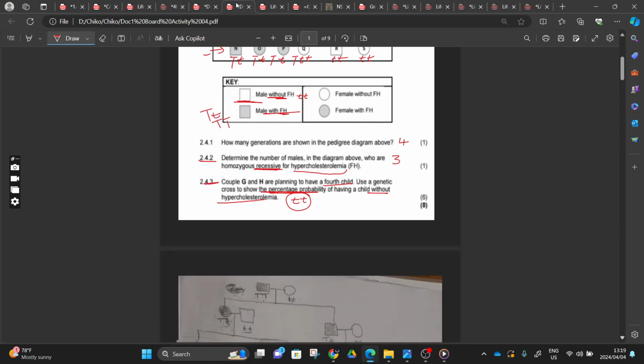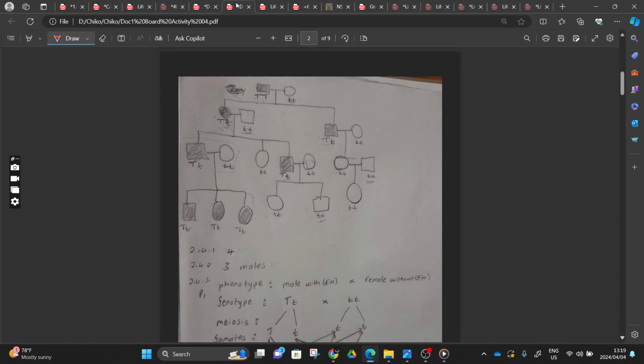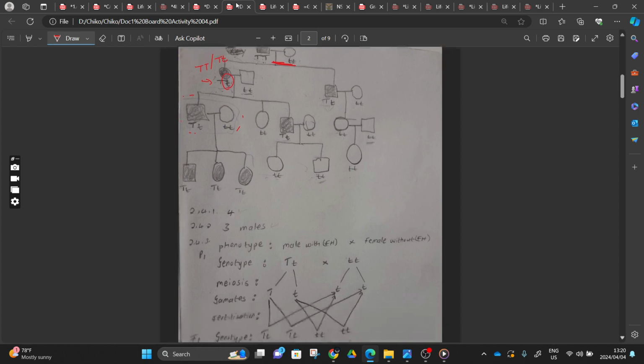So the guy went and sent me his worksheet, and as you can see from the worksheet, everything was so perfect and well executed. As you can see here, he was still trying to figure out if this is a capital letter T, since there's a possibility of this or a possibility of this. And how did he come with this small letter t? It is because this is the offspring of this and this, right? And also here you can see he showed that we were going to deal with this, because they also asked us in the question